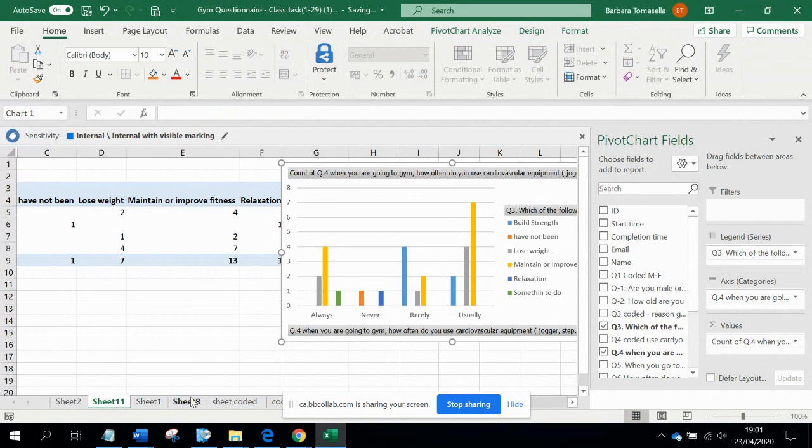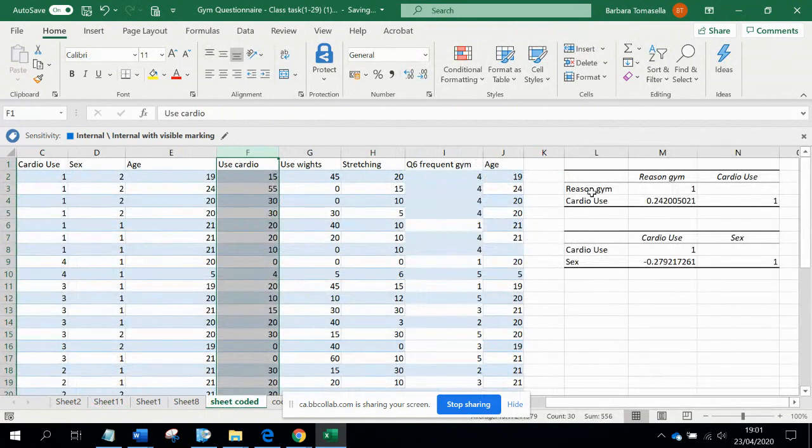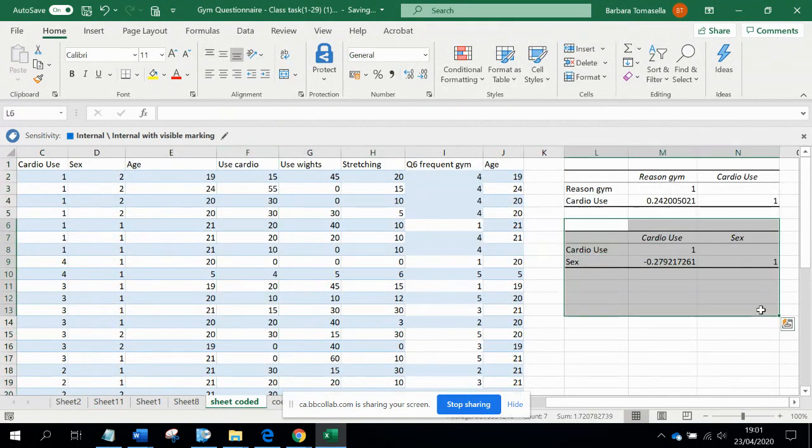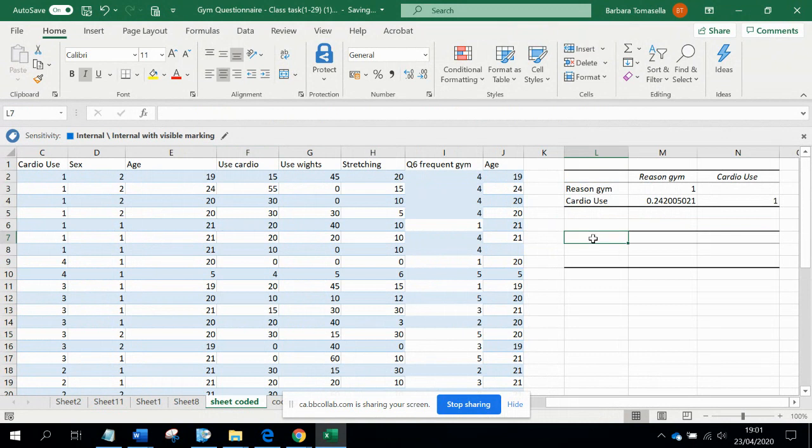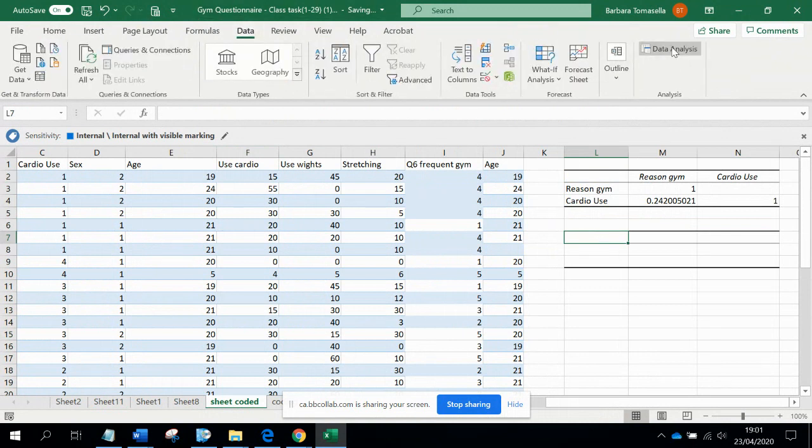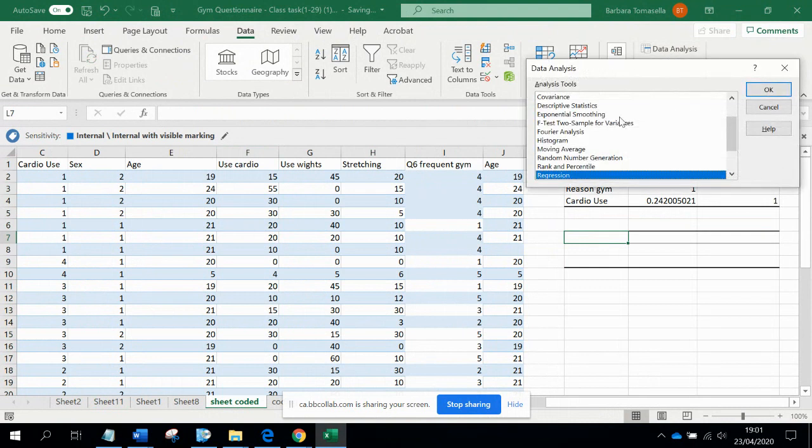The next step that I wanted to show you is how to evaluate actually the correlation between these two variables. So what I did is to run a correlation test. I'm going to just repeat it here. So to run the correlation test, we go to data analysis, correlation,